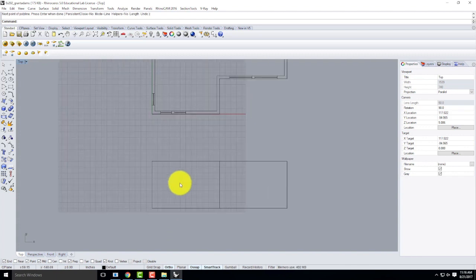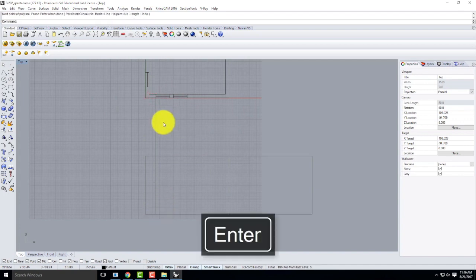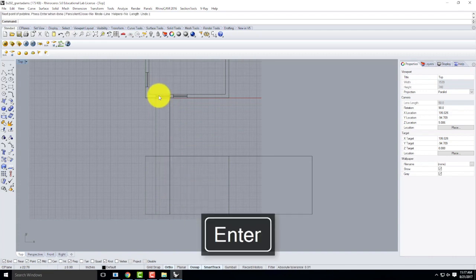Now I want to go ahead and draw a little bit of window detail. So all I'm really concerned with is the opening for the window for right now. So let me go ahead and pull down a few lines to use as guides. So I'll pull one down here, and I'll pull another one. By the way, in Rhino, you can right-click to repeat the last command. Sometimes I just do that, and I forget to tell you that I'm right-clicking to repeat the last command. So I'll bring those 2 lines down like that, and that gives me an idea of where the window is